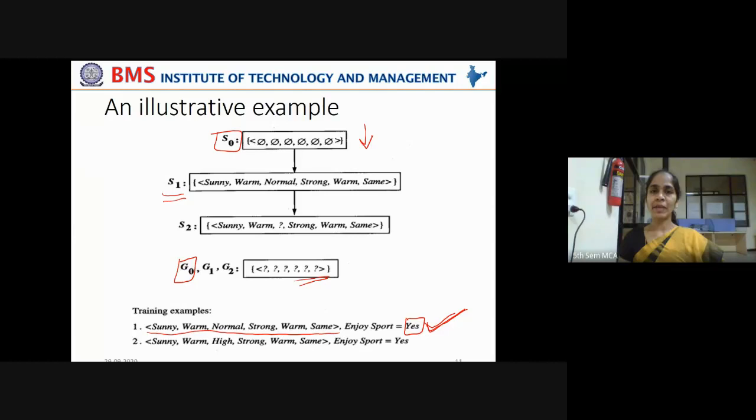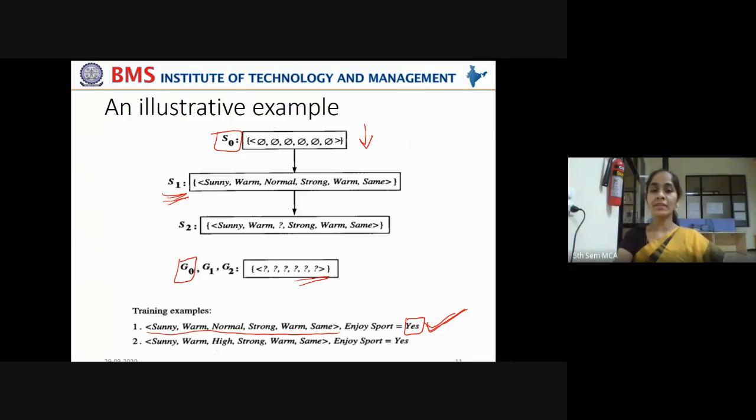Now, in this version space, S1 is in accordance with the first training example. S1 is consistent with the first training example. Tell me. Yes. Training example, day 1 data: sunny, warm, normal, strong, warm, and same. What is your specific hypothesis now? Sunny, warm, normal, strong, warm, and same. You have updated because of coming across this first training example. The algorithm got more data now about the preferences of that boy. So it has updated its most specific hypothesis. Right? Now this is the hypothesis S1.